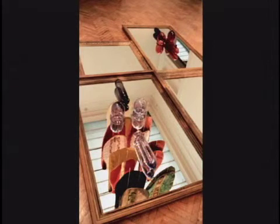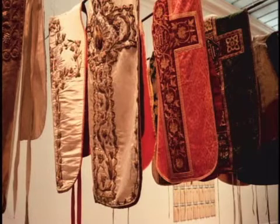So here we have this sort of playful thing with the mirror. Then we get to look up underneath. It also, of course, brings to mind all those jokes about the patent leather shoes and all of that stuff. What is hidden comes to the fore again, and the hidden sexuality of Catholicism once again is